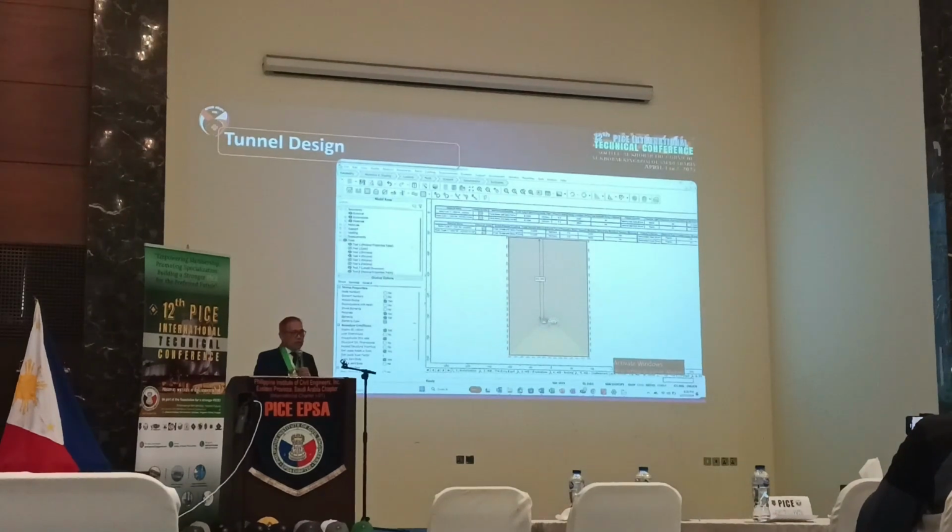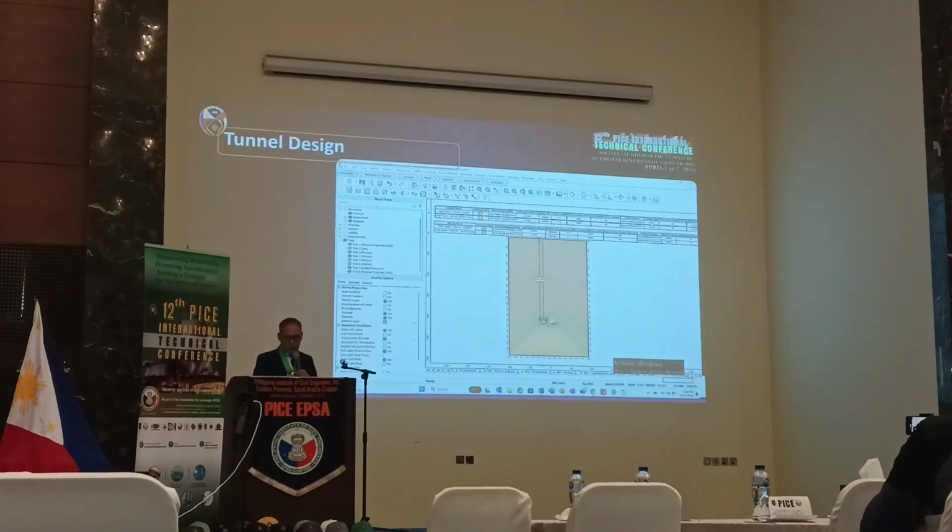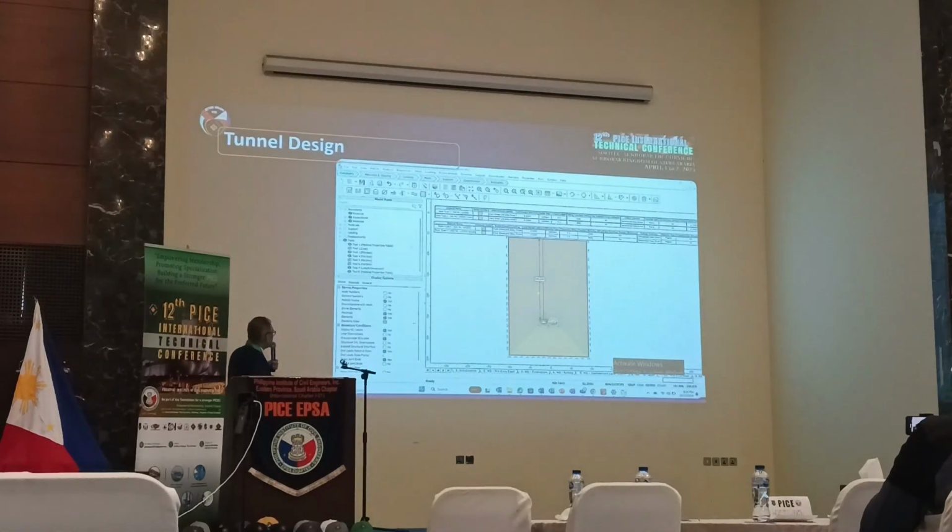In the tunnel design, we use digital, computational software. In this case, RS2, one of the proprietary software. So you can see from here, this is 200 meters.